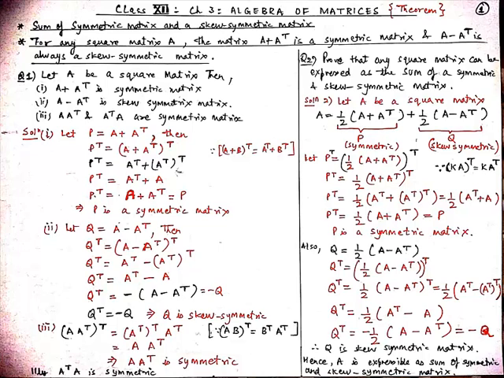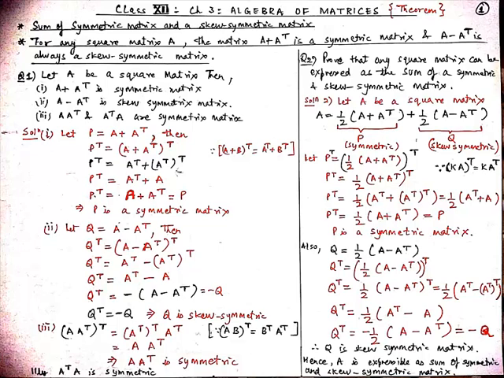Now our second theorem, which is very important, is: prove that any square matrix can be expressed as the sum of a symmetric and a skew symmetric matrix. Let us suppose, students, that A is a square matrix. As we know from theorem 1, P is equal to A plus A transpose and Q is equal to A minus A transpose. When we take the sum of symmetric and skew symmetric matrices, it is always equal to a square matrix. So let A be equal to half (A plus A transpose) plus half (A minus A transpose). Students, you can prove this by taking a square matrix also. Kindly prove it and see, you will get the same result.